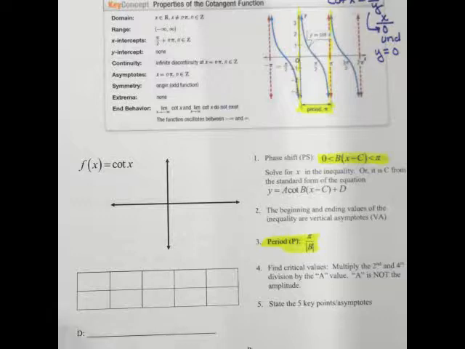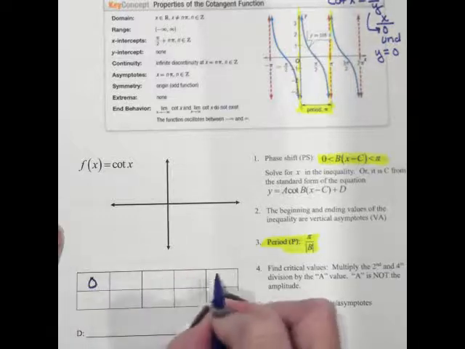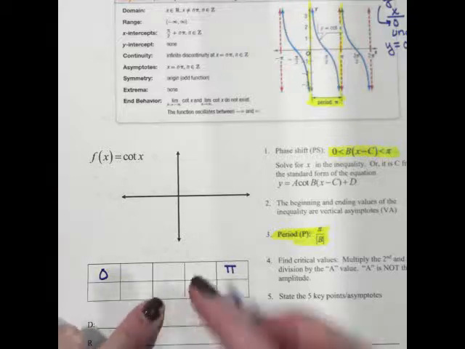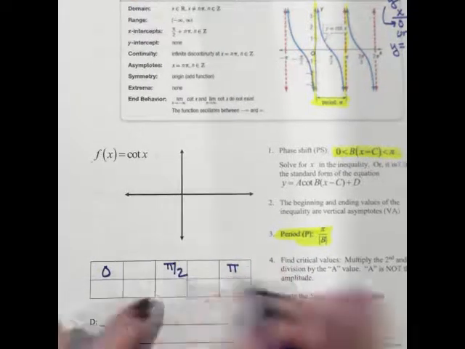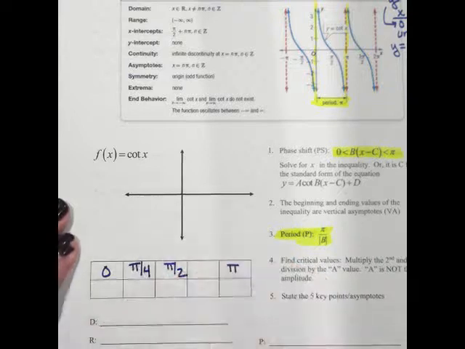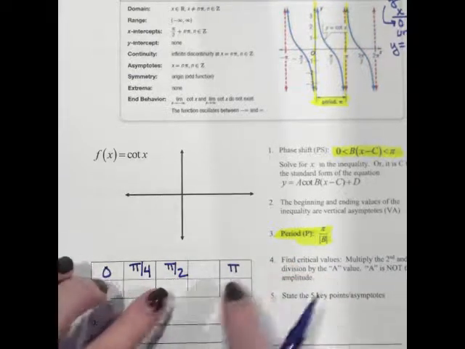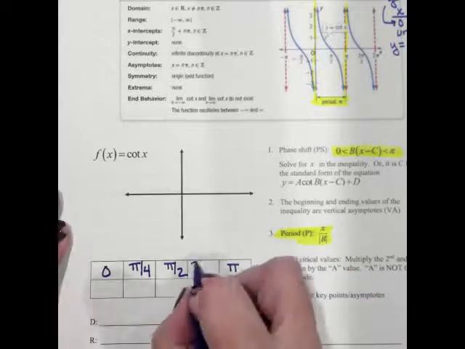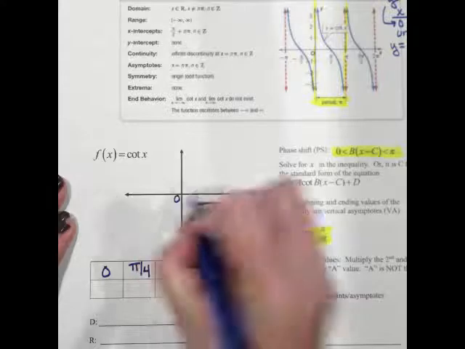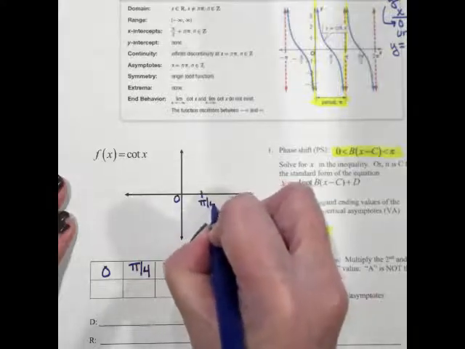So when you take a look at your parent function for cotangent, we're going to start at 0, we're going to end at pi. So the halfway point is going to be pi over 2. A quarter of the way through the cycle will be pi over 4. And then 3/4 of the way, the midpoint between pi over 2 and pi, is going to be 3 pi over 4. So when I look at my parent function and I label my x-axis,